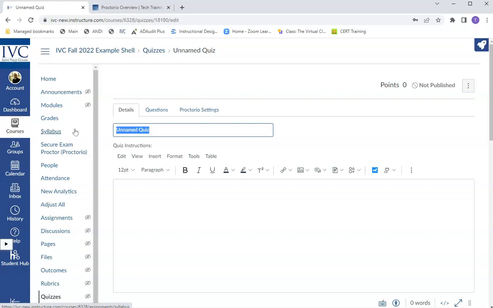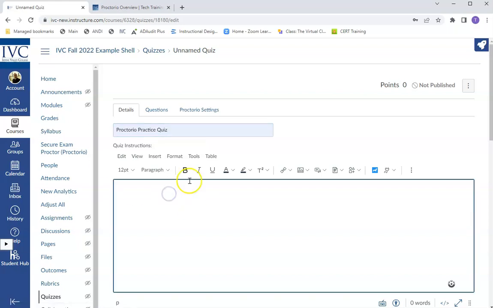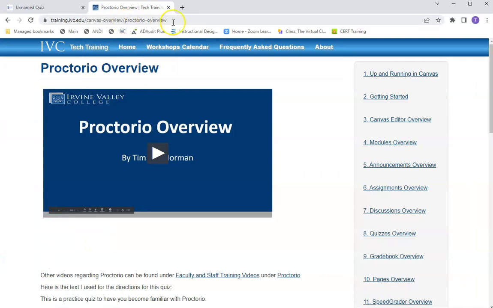When you're setting up Proctorio in your course, and you're going to use it for quizzes, exams, etc., it's often a good idea to create a practice quiz, so that's what I'm going to do here. Proctorio practice quiz. For the instructions for the practice quiz, what you can do is you can go to this website,